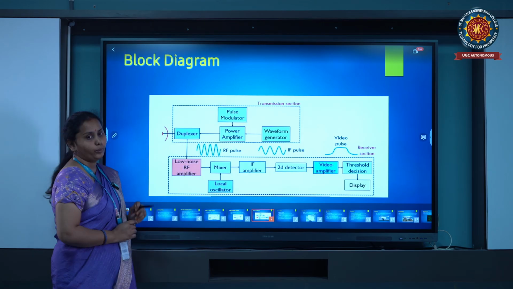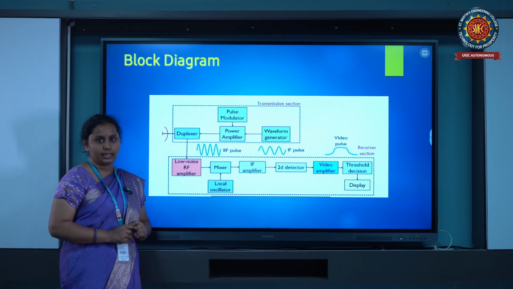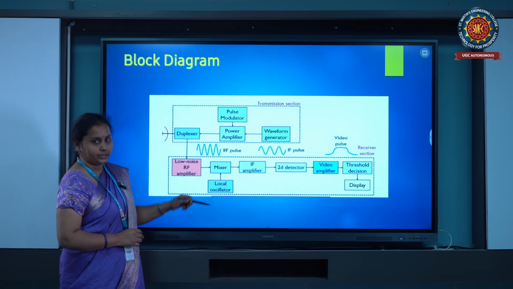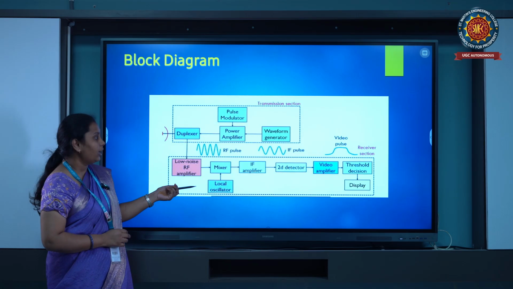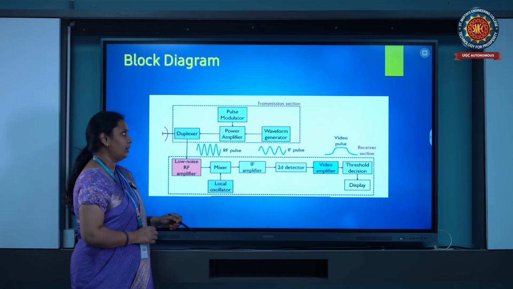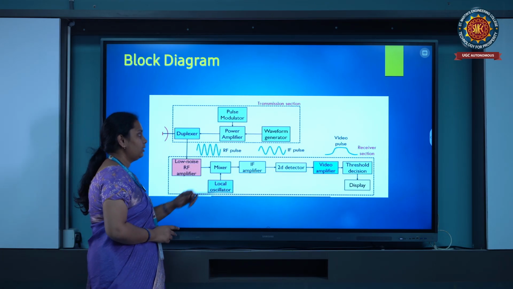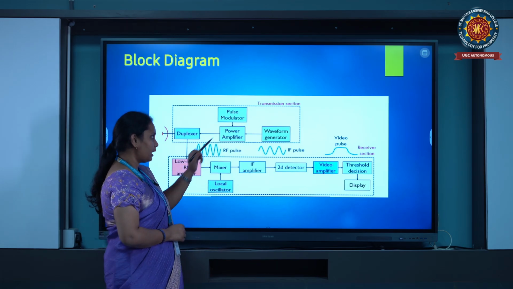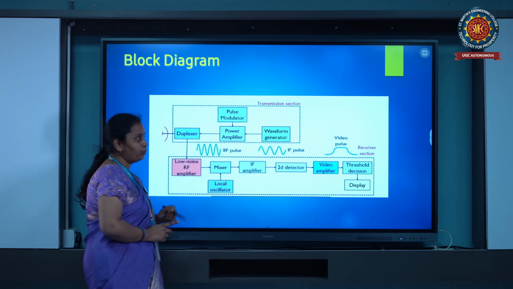Next going to the block diagram of radar systems. Here we can see there are two sections. One is transmission section and other is receiver section. In transmission section, we will have waveform generator, power amplifier, pulse modulator and duplexer.